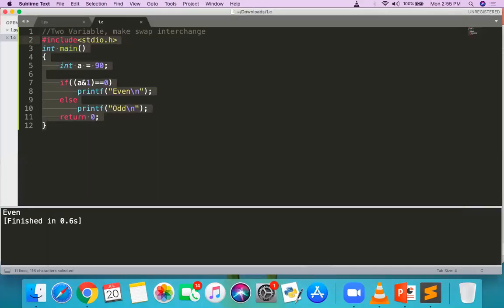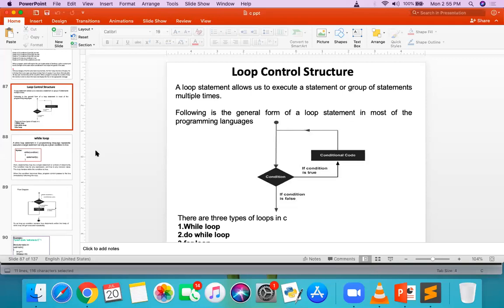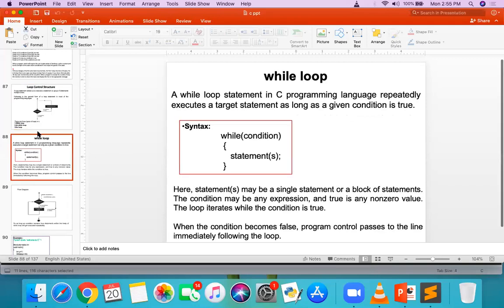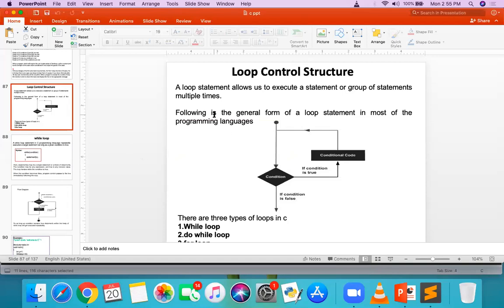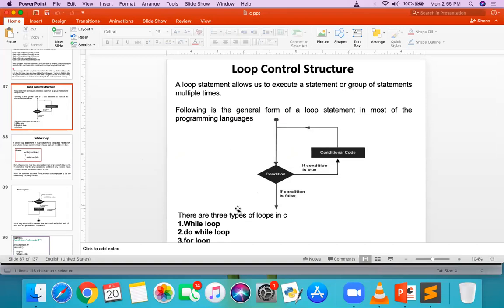Okay. So we'll move towards the loop control structure. Now, the students always make a confusion between the if else and the loop control. Though loop control and the if else look the same, the difference is that the if is checking the condition and it will execute the statement only one time. That is a single time condition check, and if the condition is true, then only that single time the statement gets executed inside the if.